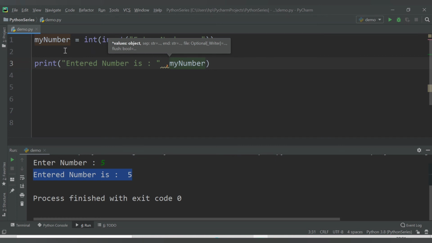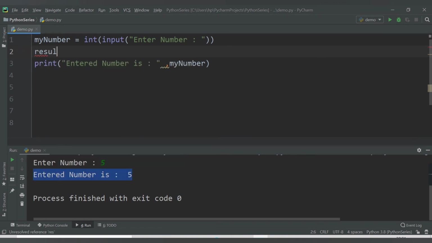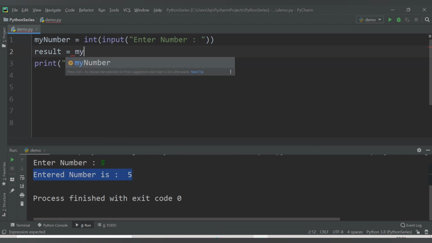What else can we do here? Let's say the user is giving a number and I want to multiply that number by 2. We take another variable, result, and whatever number the user inputs, we will multiply it by 2.